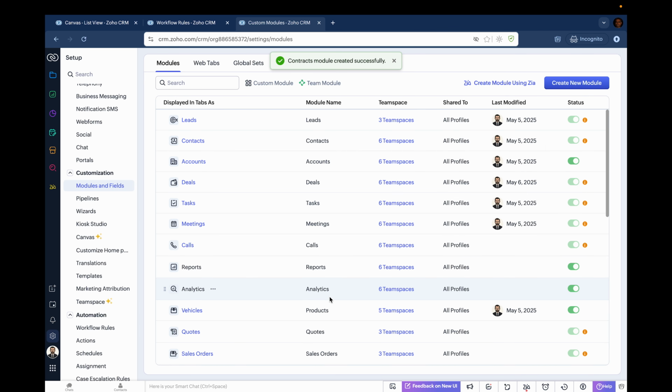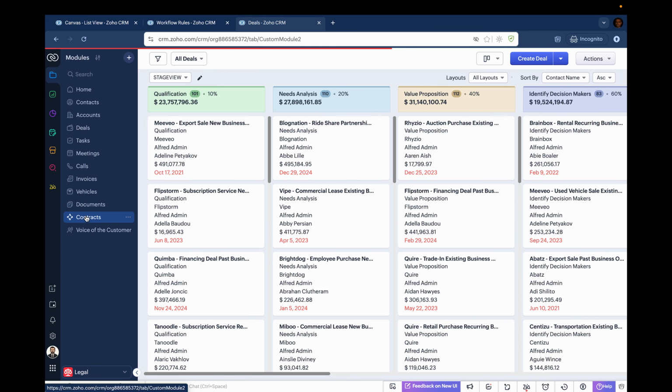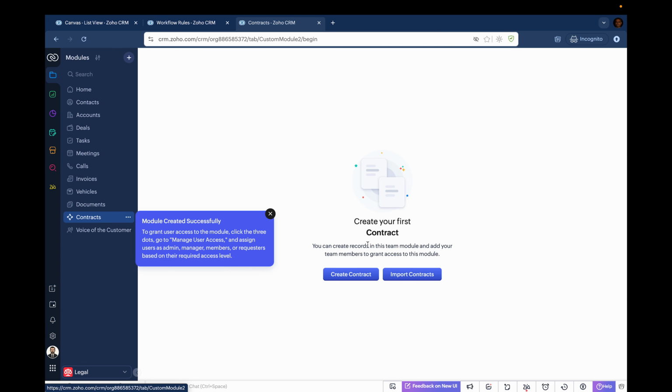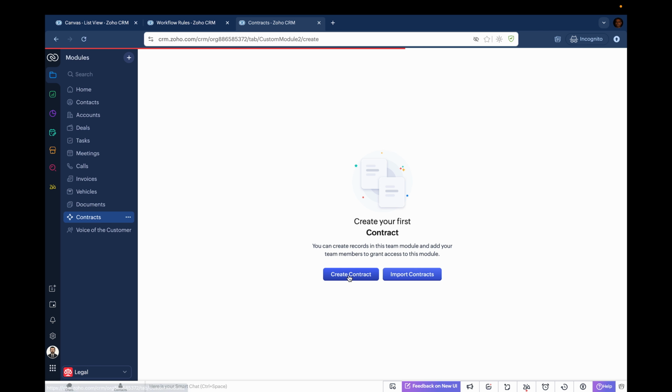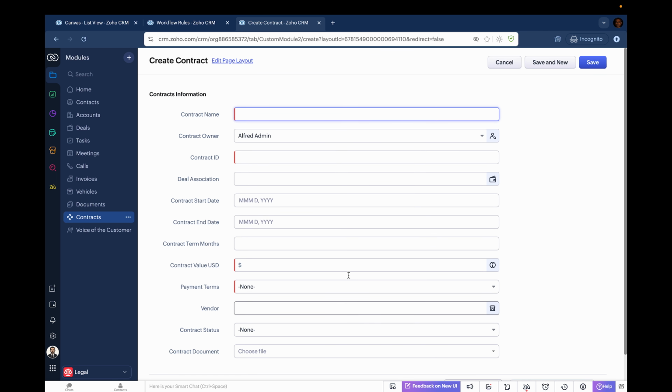Zia automatically creates that module. And I can go back to the module section, and I notice that the contracts module is created brand new. And now I can create a contract, and here you see all the fields that Zia added. That's how it is to create new modules with Zia